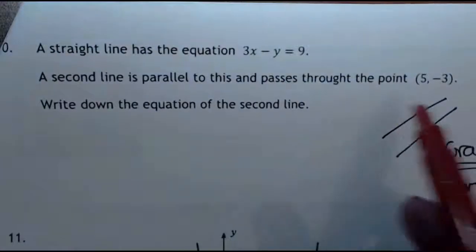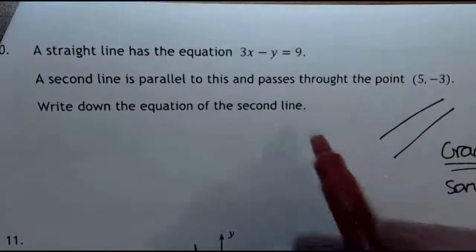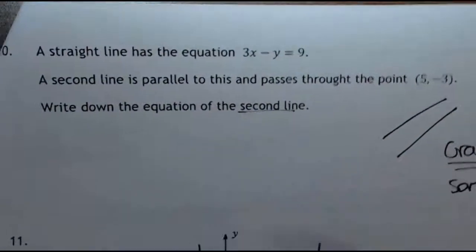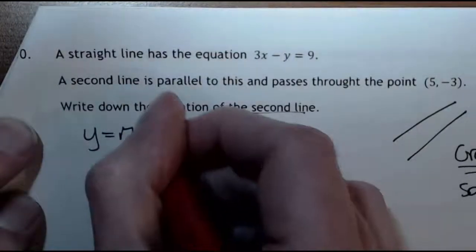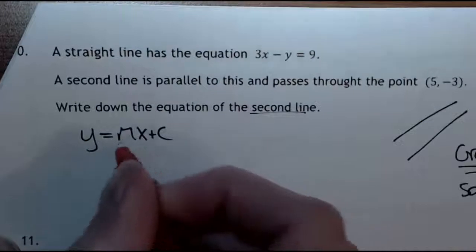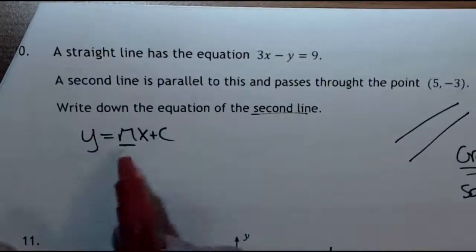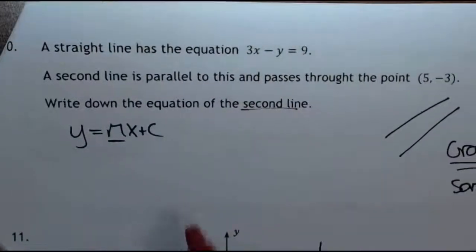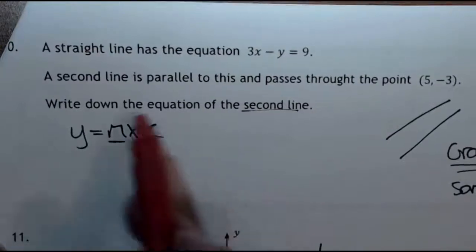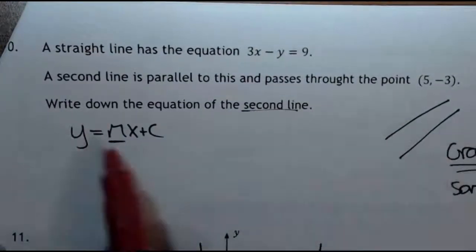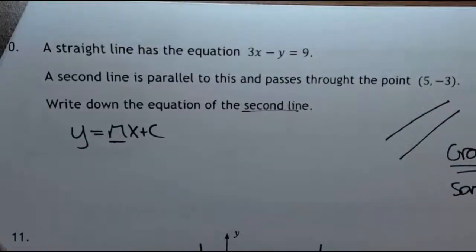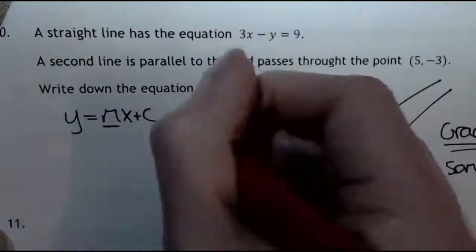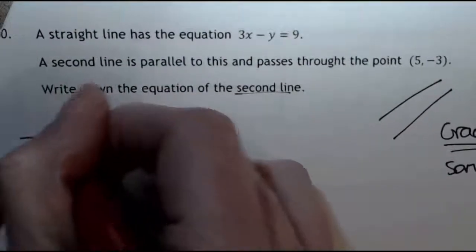So what we've got is an equation of one of the lines, we've got 2 points on another, and we're asked to try and find the equation of the second line. So what we think of, and remember, y equals mx plus c. So that's the gradient. So if we work out what the gradient is for this one, we can then work out the actual equation of the second line, because we've got the other values, x and y, because we've got coordinates, and we can work out where it cuts the y-axis. So if we have a wee look at the first line,